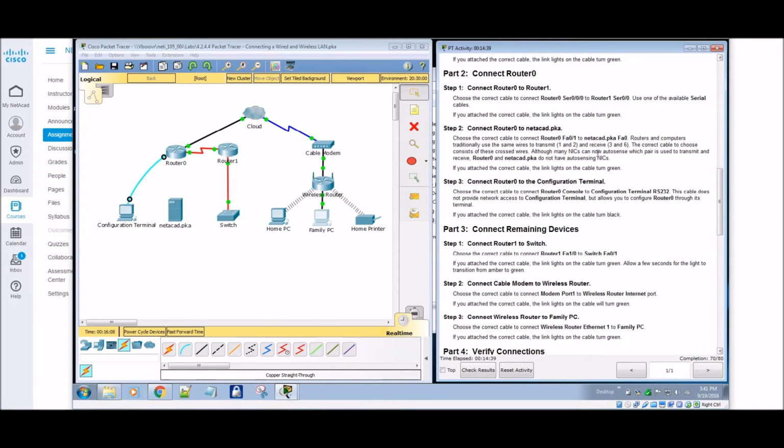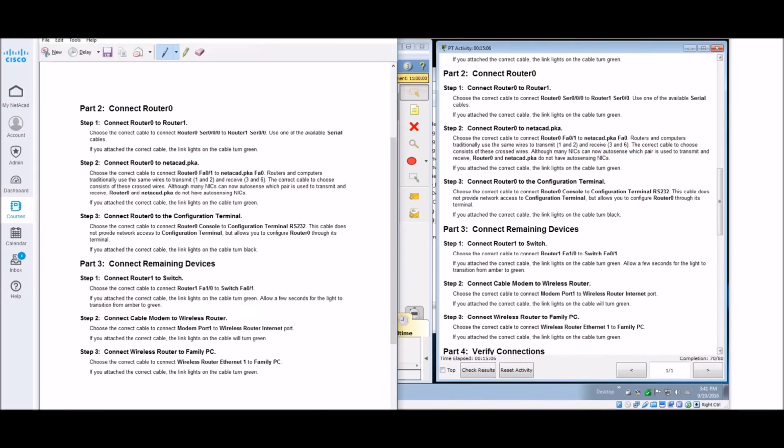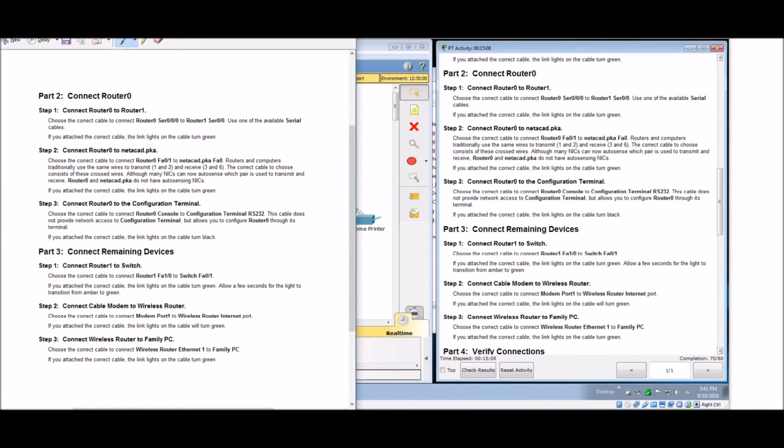And I do that because I'm moving fast down through this, and I'm not checking off each one of these steps. Usually what I'll do is either have it printed out and put a little check mark on it physically, or I'll do some type of screenshot so that I can check it off. I'll use the snipping tool and snip a file, and then when I'm coming down through here I can say, okay, I've checked off step 1, and as I do each step, I know I've checked them off. That's just a little tip that I use, and I'm not doing it on this video, and you can see the result of that.